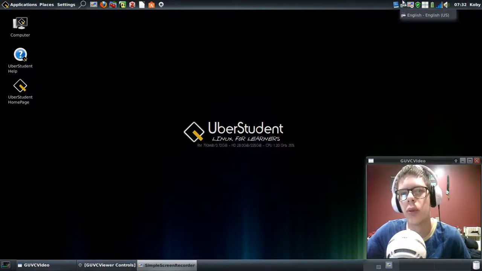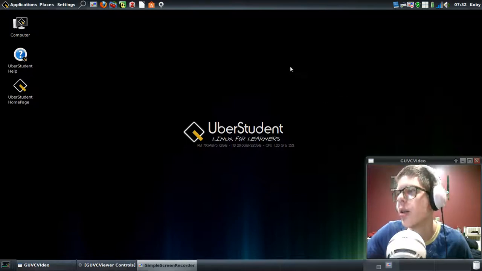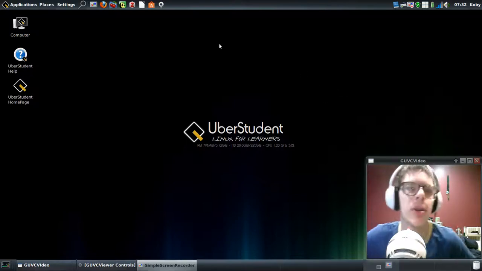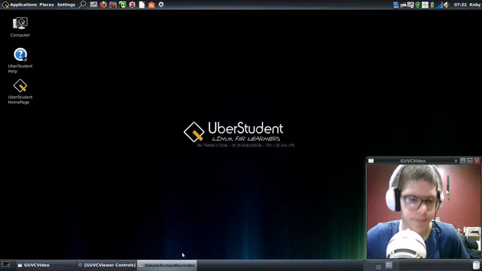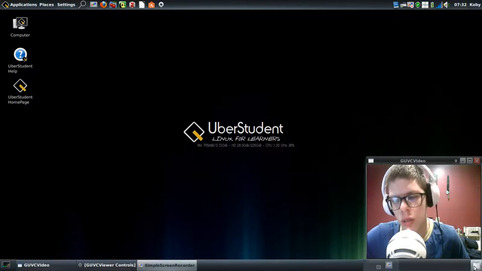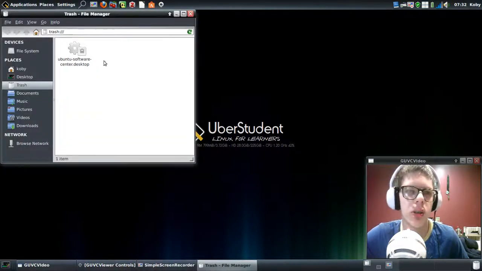And if you had multiple keyboard options, you can come right up here and switch. But I do not, so that is not a function I will be using personally. And then along the bottom it has, again, workspace switcher, quick access to your trash bin. I'm not sure what exactly that is, but